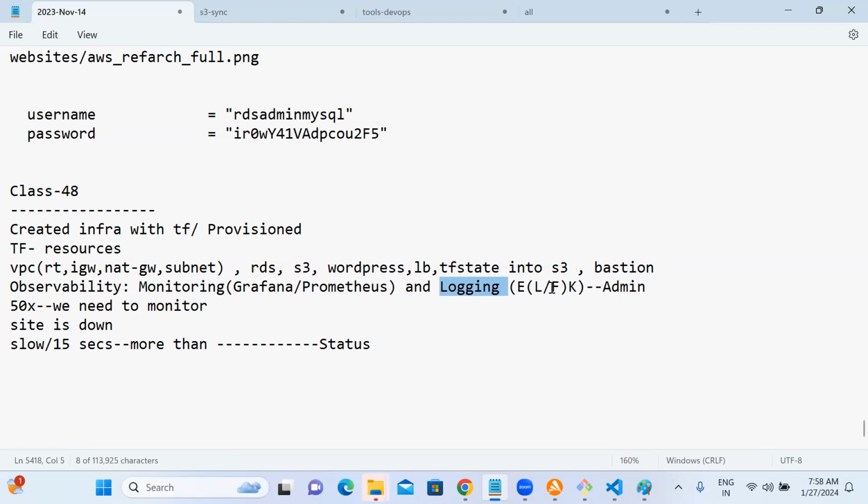When you provision an EC2 machine, I was seeing the logs, right? System log in the console, on the right side, Action, System log. That is where the log lines will be. You can read that line and see what is causing the error. So logging will tell you what the error is, and based on that error, you can Google it and get to know what it is. If you see a database connection timeout or connection failure, that log line you are seeing, you are reading some English lines.